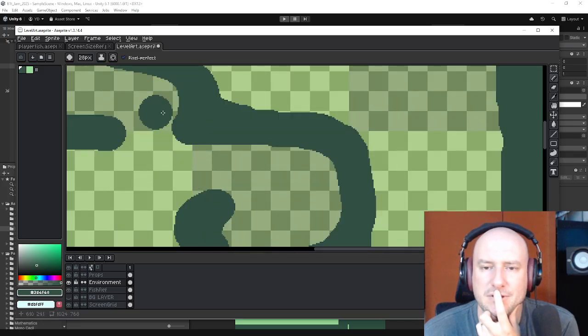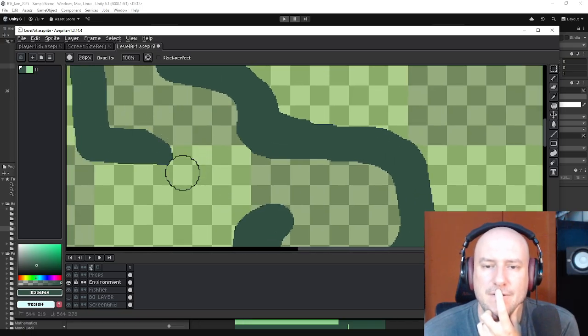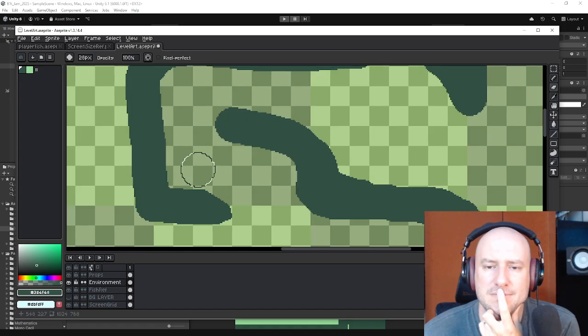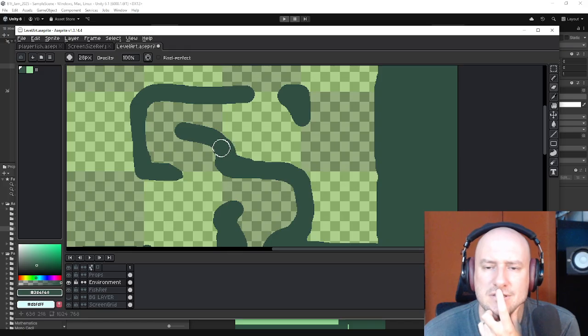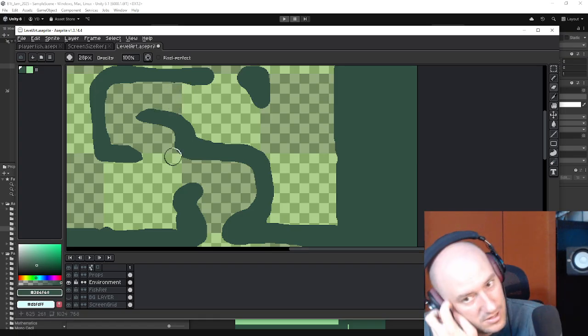This might not be very fun to maneuver, especially if I have this little bump. Let's do that. And then here, let's do a little. And we could probably go into this a little bit. Cool. Do a little carving out there. I don't know the best way to do this. I mean, I guess I could export each square as its own art and then throw a collider on it, but